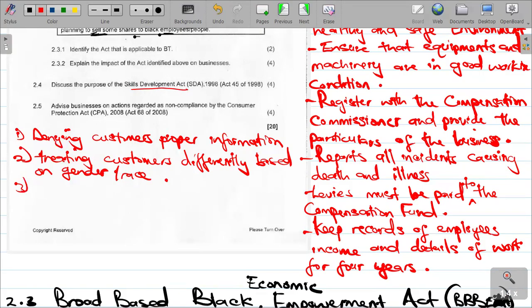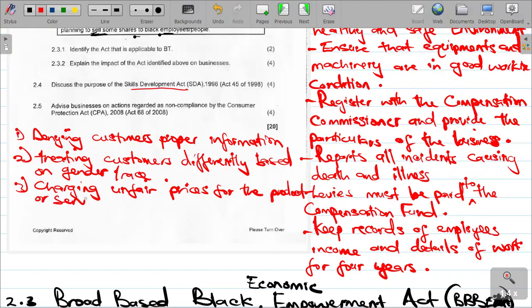Charging unfair prices for the same product. Charging unfair prices for the same product and services is regarded as actions which are non-compliant. When you charge the same product differently, right? And lastly,